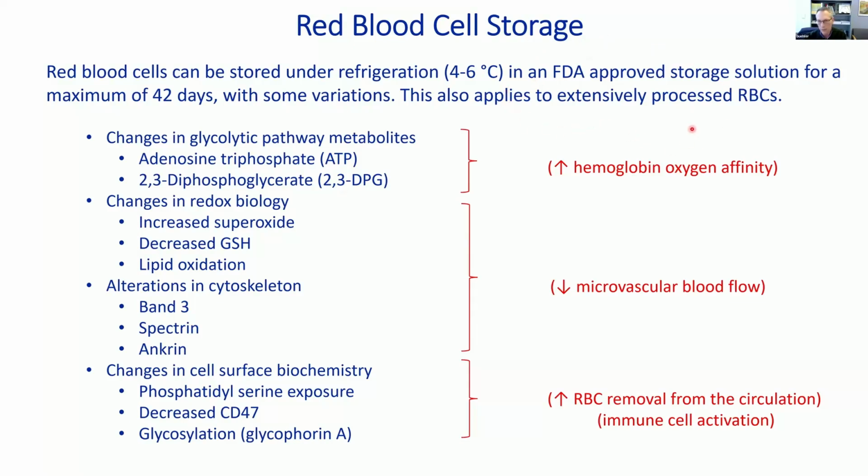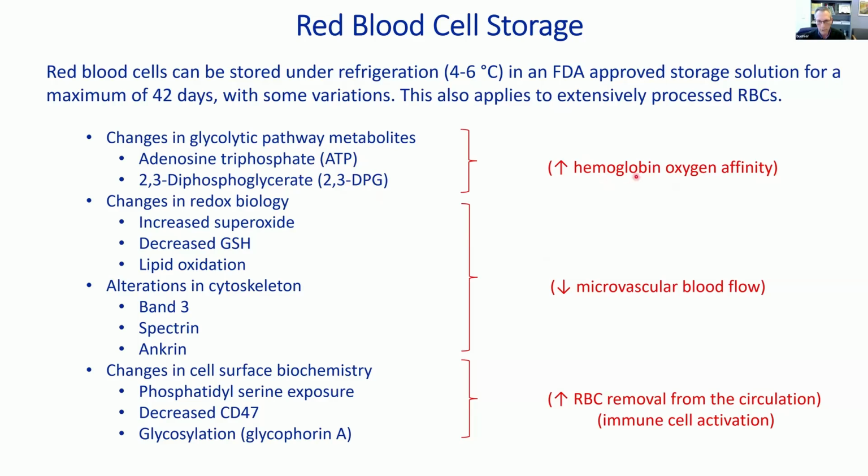And this also applies in some senses to heavily processed RBCs, like washed RBCs, and potentially someday pathogen-reduced RBCs. But there are a number of changes that go on within the RBC that functionally change them, and overall this can affect both perfusion and oxygenation. So the things that I'm interested in, particularly as far as metabolism, are decreases in ATP, 2,3-DPG, which are critical